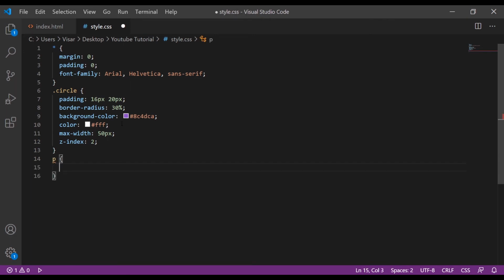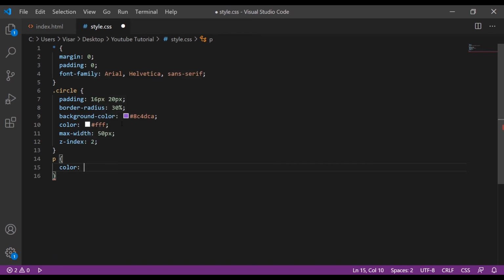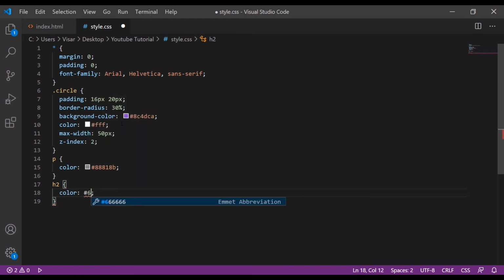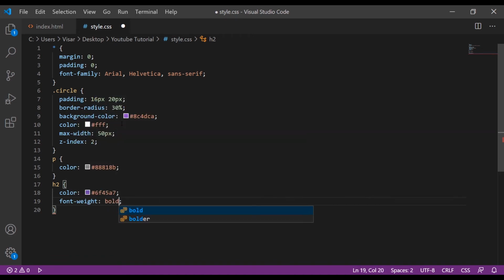Then p, color, h2, color, the font weight, bold.